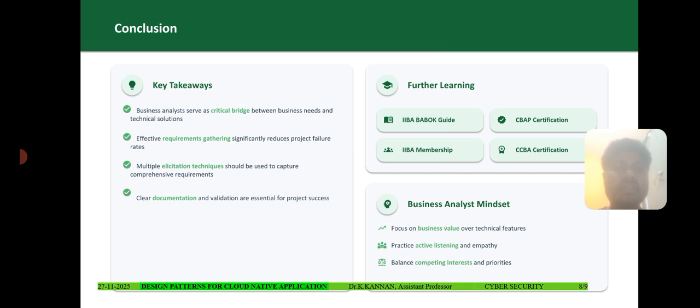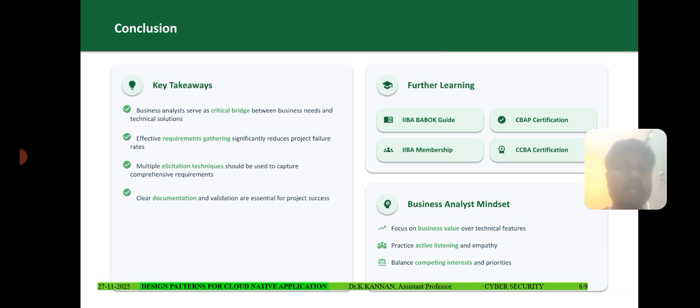significantly reduces project failure rates. Multiple elicitation techniques should be used to capture comprehensive requirements, and clear documentation and validation are essential for project completion. And for further learning, it is the business analysis mindset: focus on business value, not the technical features, and practice